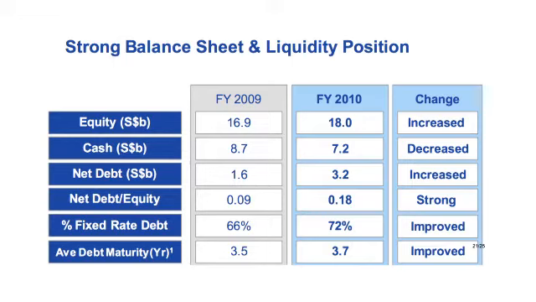Precisely. So taking a look at the balance sheet, this is what we can see. Net debt to equity ratio, we already saw that. And you take a look at their percentage fixed rate debt. So you notice that the maturity has gone from 3.5 to 3.7 years, which means to say they have more time to pay. At the same time, the percentage of fixed rate debt has gone up from 66% to 72%, meaning to say they've also in a way hedged themselves for increases in interest rates.